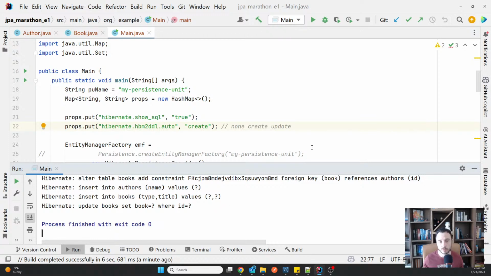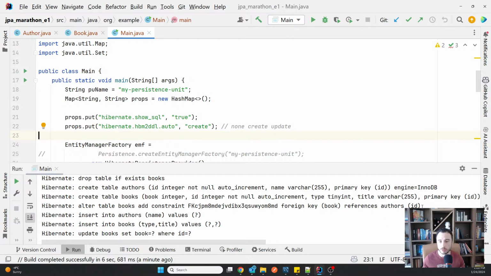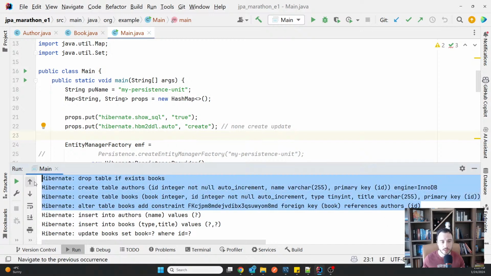But in a real-world app, you have to use Flyway or Liquibase or a similar tool, because you want, first of all, to know exactly what scripts are run. You see, here you don't know. You only know if you print them in the console. And secondly, they might change depending on the version you have, and they might change depending on how you write, same as the queries we've been struggling with from the beginning.